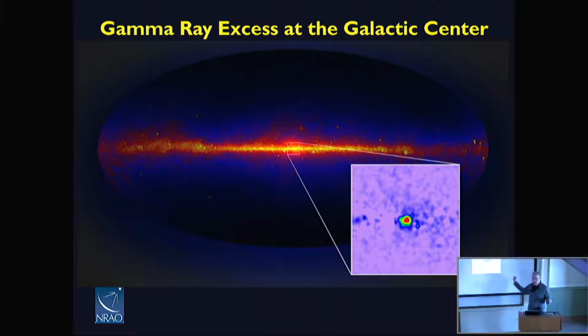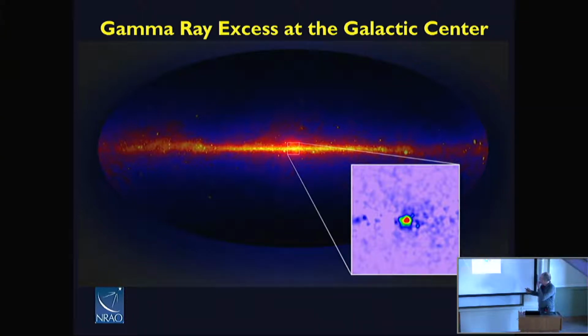The next thing we did is say, okay, gamma rays, unassociated sources. Let's go look at the galactic center. I probably insult the audience by trying to explain what the gamma ray excess is, but you all know fairly well here that there is an excess of gamma rays at the galactic center once you remove the diffuse model. There's a component that's about 2.5 arc second, 2.5 degrees, I should say, and then there's some extended emission that goes out to, I think, 10 or 12 degrees. And there's a debate about what this is. The physicists think this is annihilation radiation, and they're going to win some Nobel Prize free tickets to Sweden.